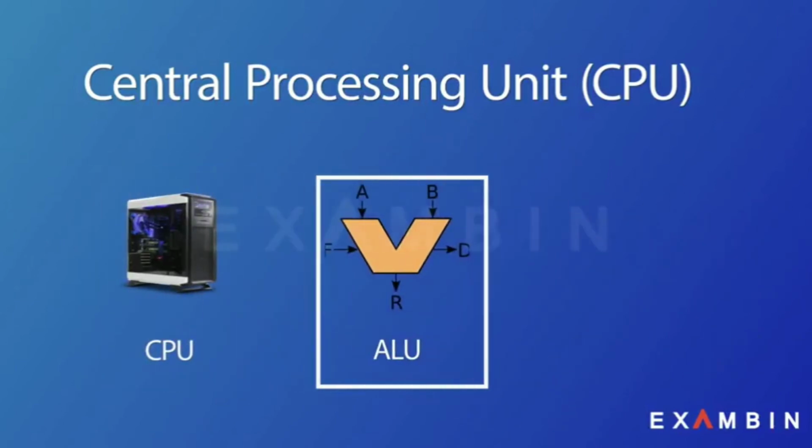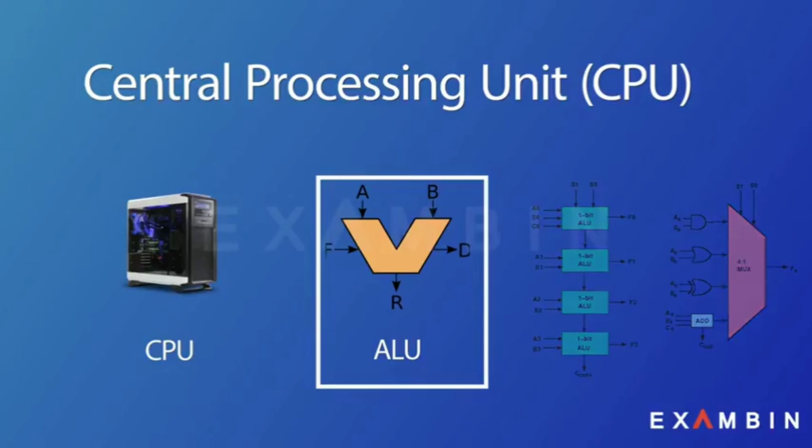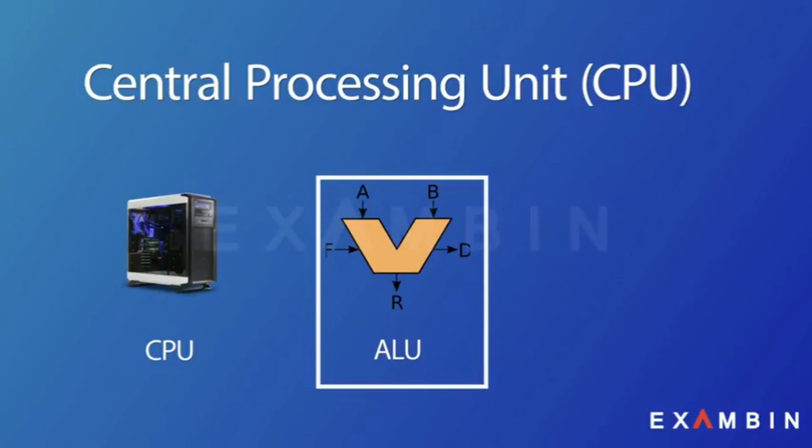So let's now see what the arithmetic and logic unit in the CPU is. The arithmetic and logic unit is the place in the computer system where the actual execution of instructions takes place during the process of operation. All calculations are performed and all comparisons are made in the ALU. Data and instructions stored in primary storage prior to processing are transferred, when needed, to the ALU where processing takes place. No processing is done in the primary storage unit.